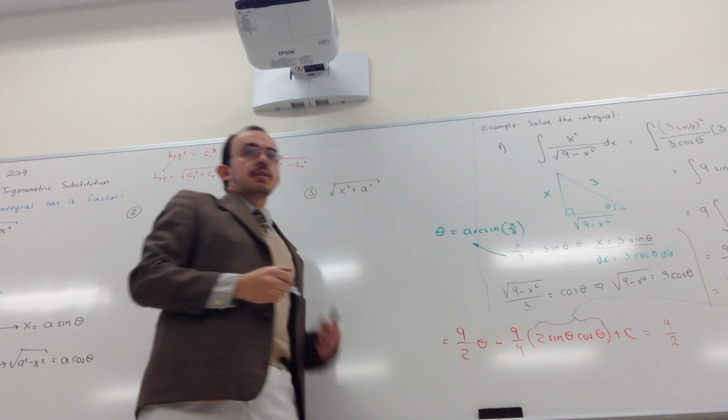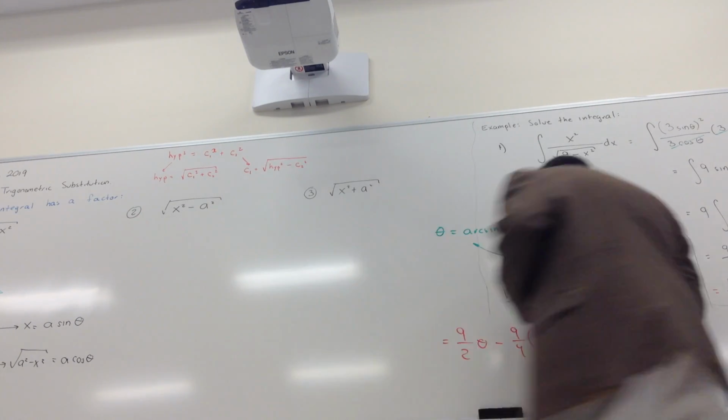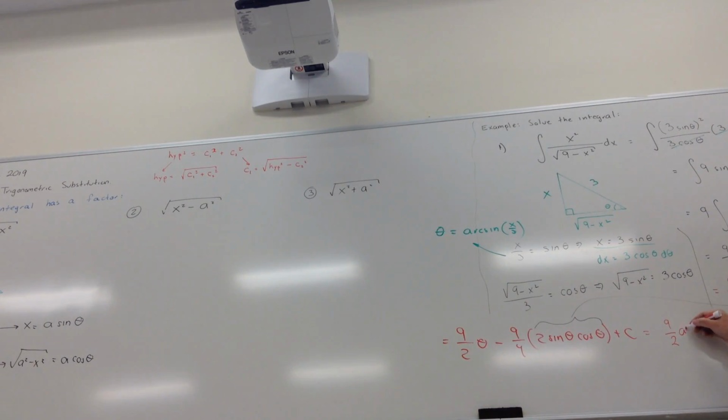The inverse function. Remember, Math 4, inverse function? 9 halves arc sine of x over 3 minus 9/4 times 2 is 9 halves. Sine of theta is x over 3. Cosine of theta